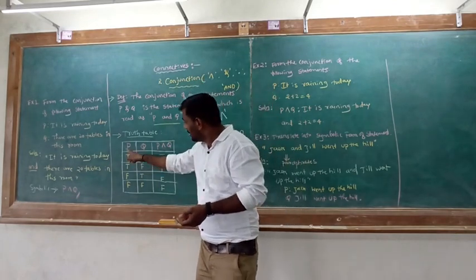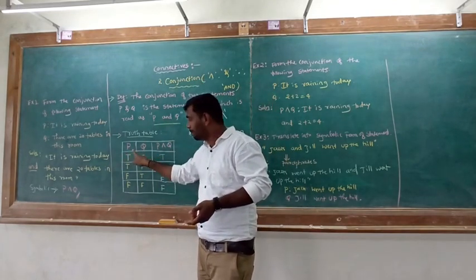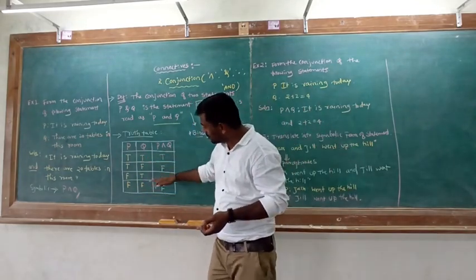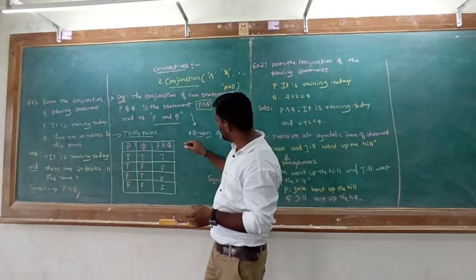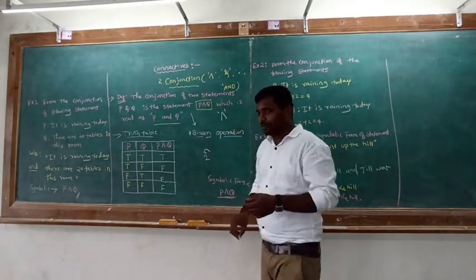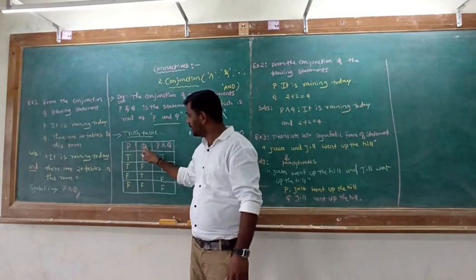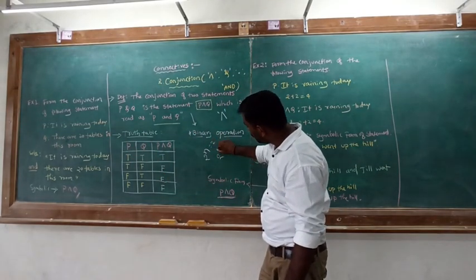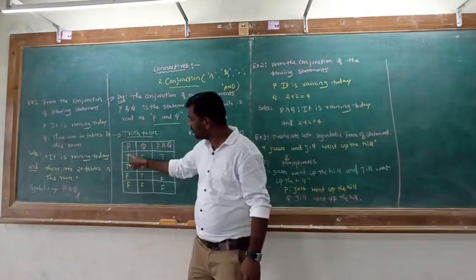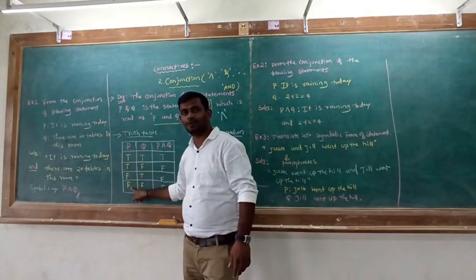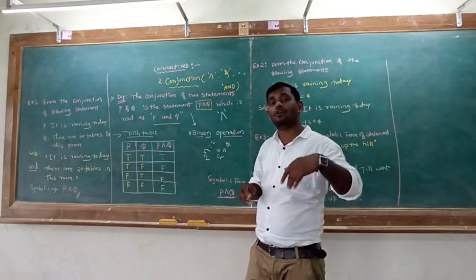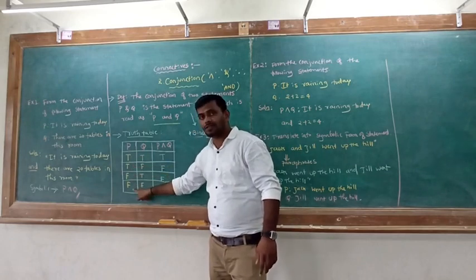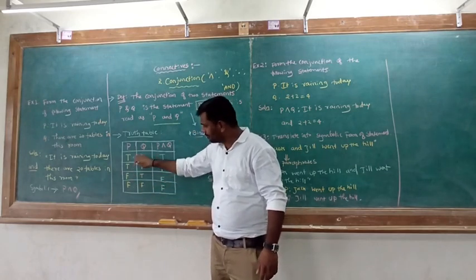There are two primary statements, P and Q. So what is the number of possible values? Here 4 possibilities will be there. There is a formula, 2 raised to n. What is the number of primary statements here? There are 2, P and Q, so n equals 2. 2 raised to 2 is 4, so 4 possibilities will come: 1, 2, 3, 4. So there are 4 possibilities for two primary statements. True, false, true, false. This will be the same.